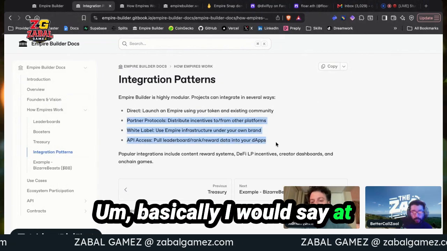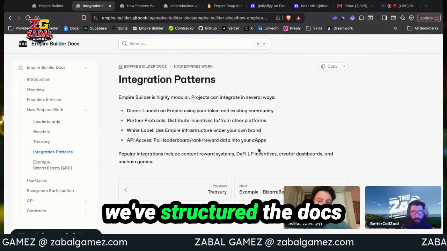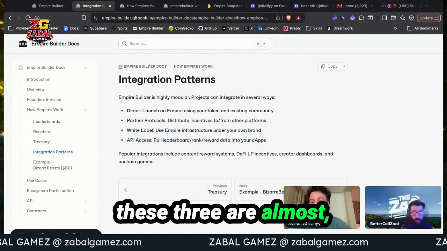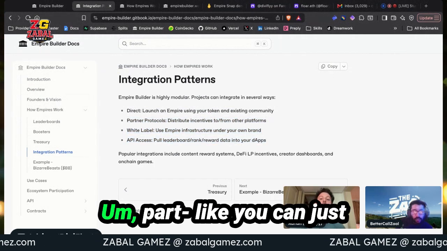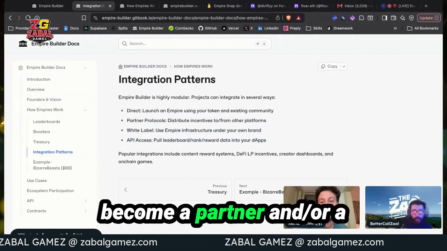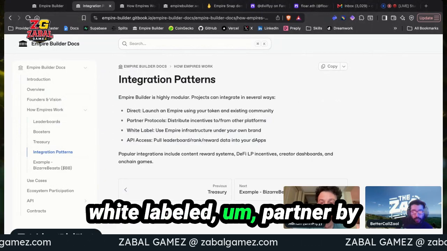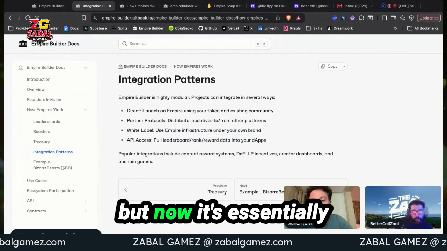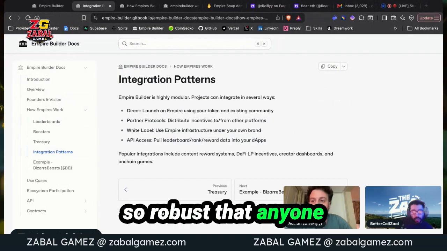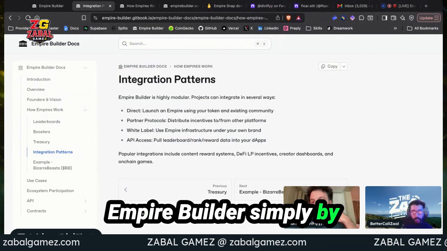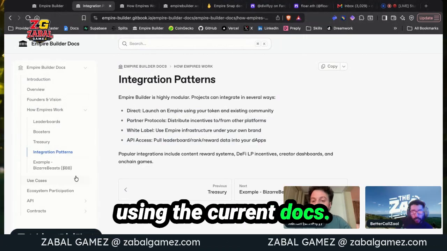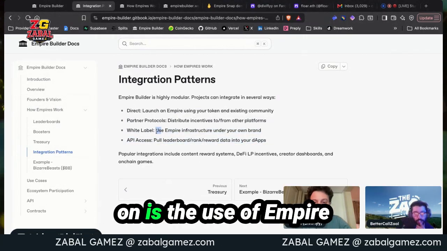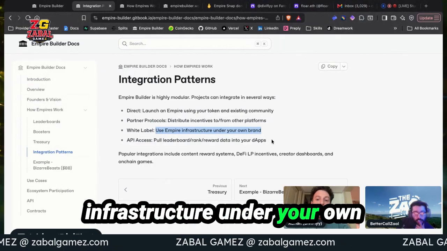At the moment, the way we've structured the docs after V3 and the integrations, these three almost go hand in hand. You can become a partner or a white labeled partner just by going to the docs now. It used to be separate, but now it's so robust that anyone can partner with Empire Builder simply by using the current docs. So what I really want to focus on is the use of Empire infrastructure under your own brand